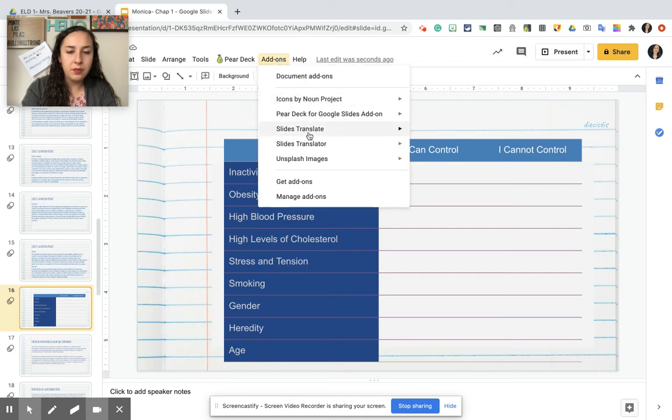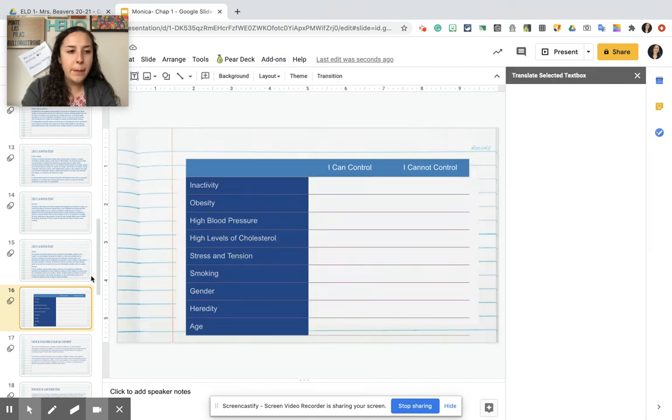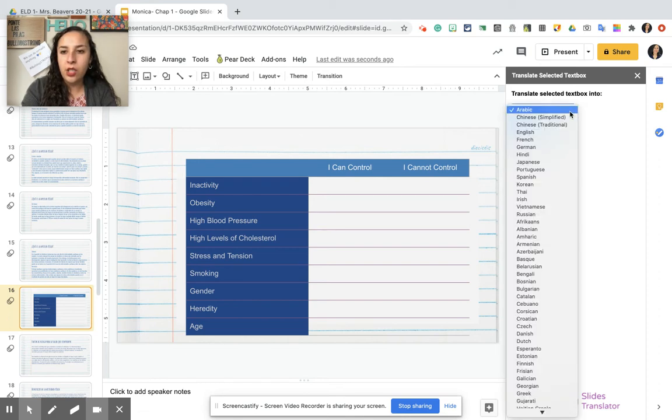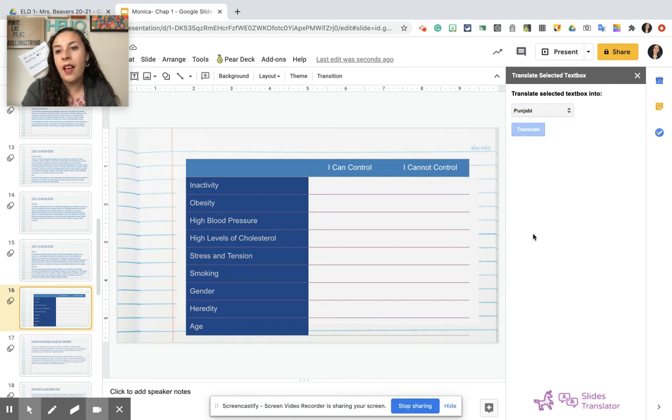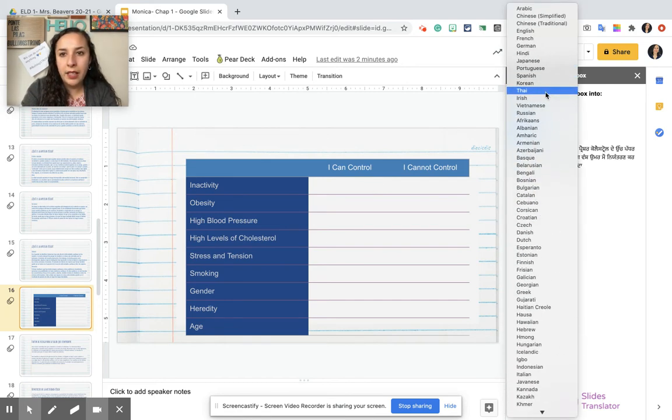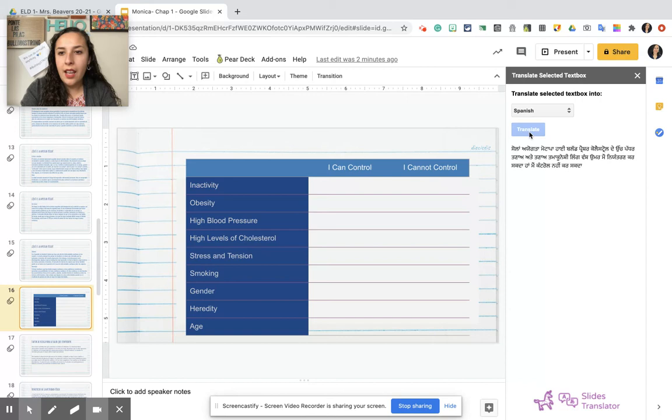Add-ons, translator, text box. I've already chosen this slide, so now I'm going to change it to Punjabi. And you can see that it will have information here on the side, so it does translate it. And I sadly do not speak Punjabi or am not able to read it either. But when I tried it with Spanish, I saw that it does translate the infographic, which is fantastic, or this table, but